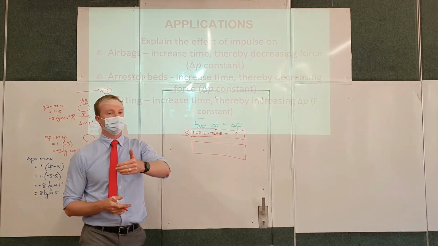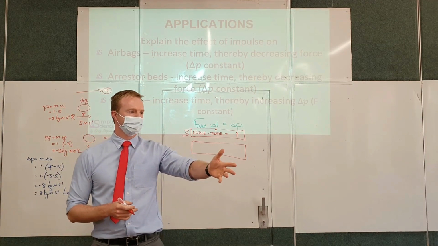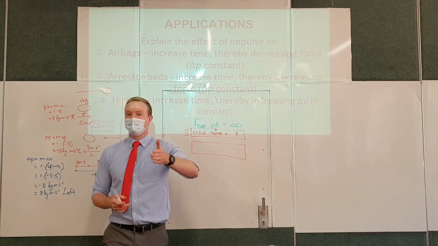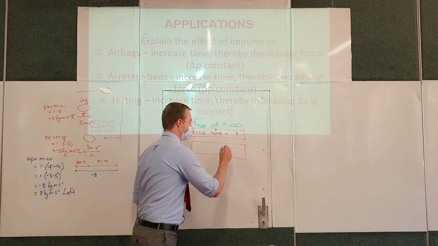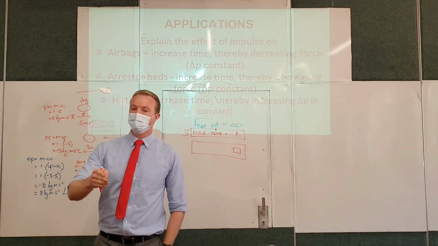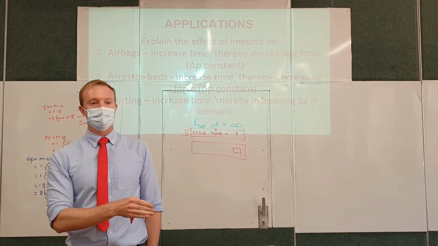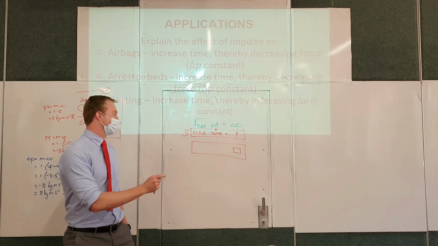It's when a truck's brakes fail and they need to stop themselves, they drive into that sand, what's it called, a sand trap or arrestor bed, that essentially slows them down. So in that case, the change in momentum is set. You will go from your initial velocity to 0. That's going to happen. What you have control over though,